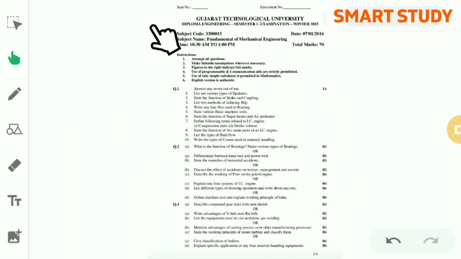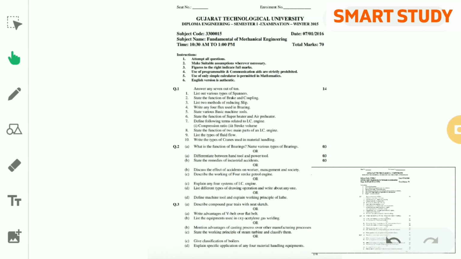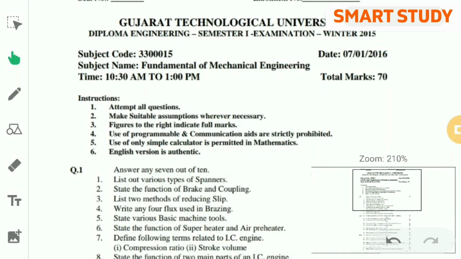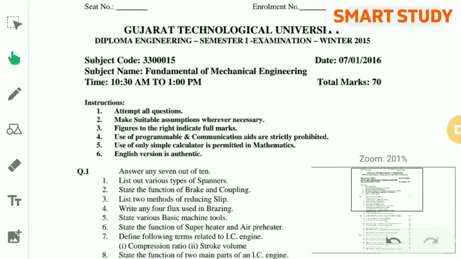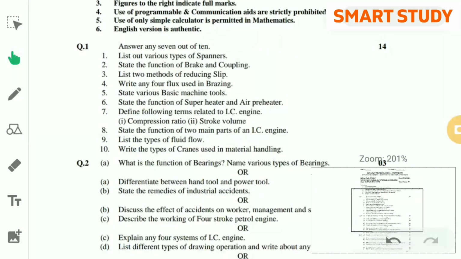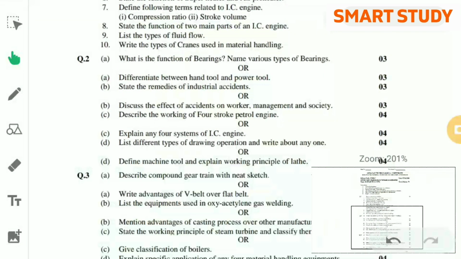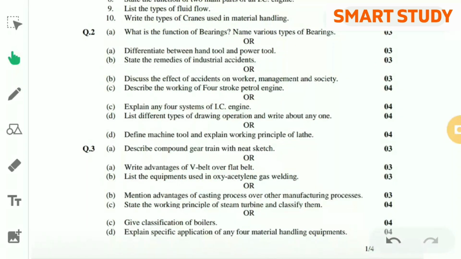After that, this is the GTU question paper. See, it is the question paper of winter 2015. Question 1, question 2, question 3.